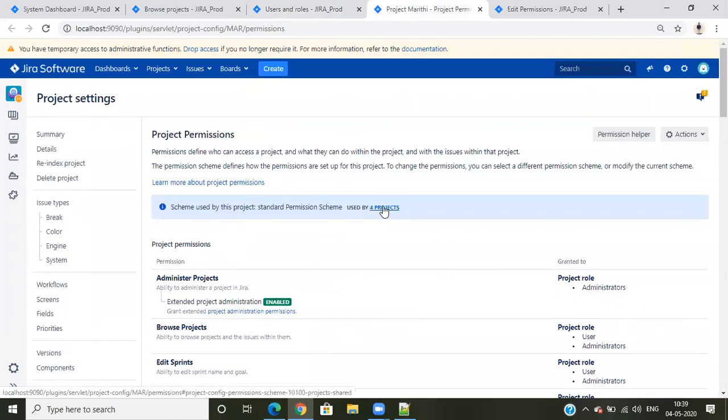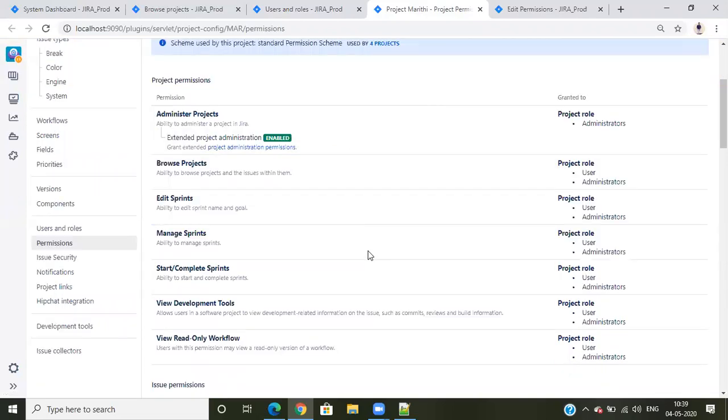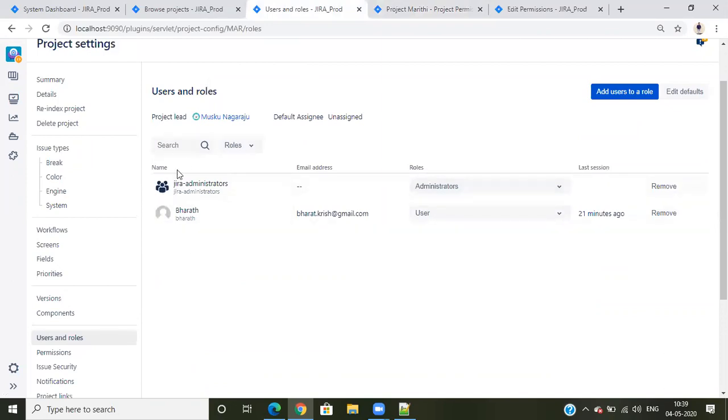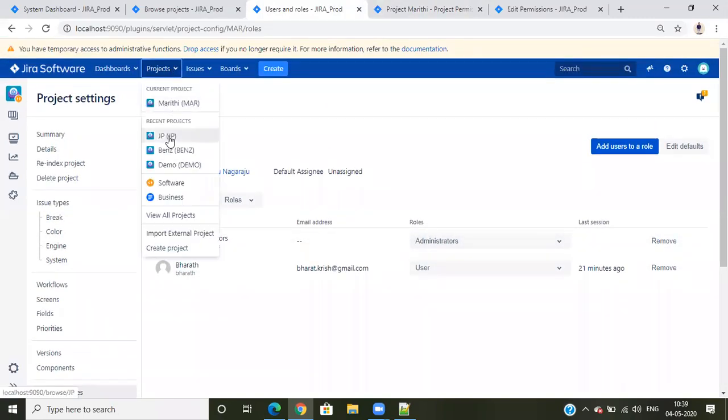But why can Bharat see only 1 project? Because the permission scheme works based on project roles. So each project role is different. Okay, so browse project is based on project roles. So I need to open project roles, and this is the Maruti project role. I'll add him here only. But if I open some different project, suppose the JP project,